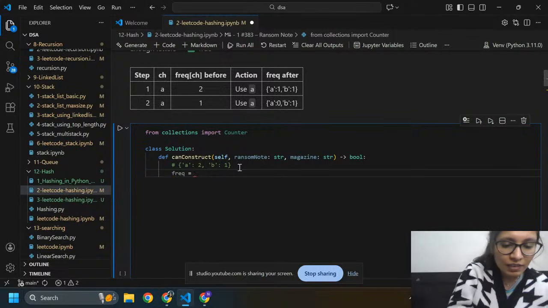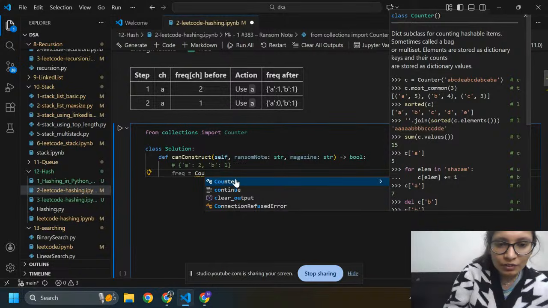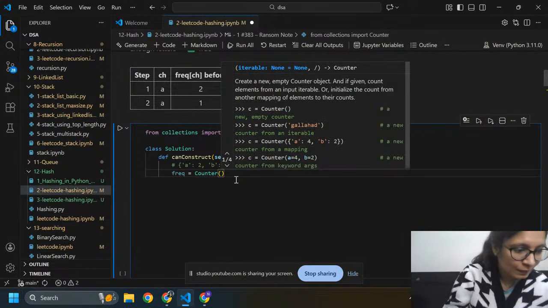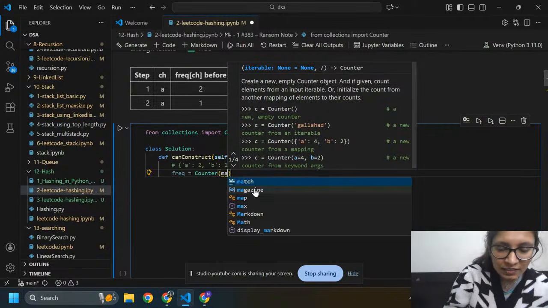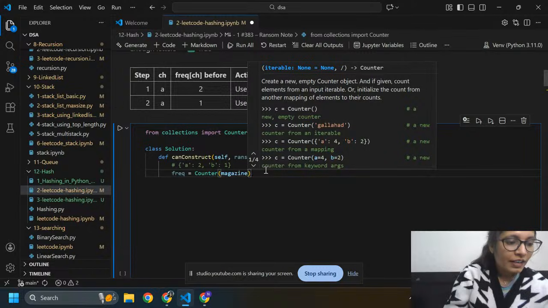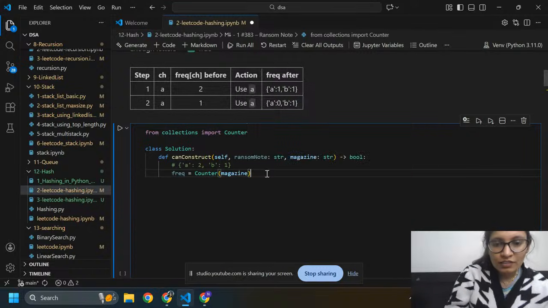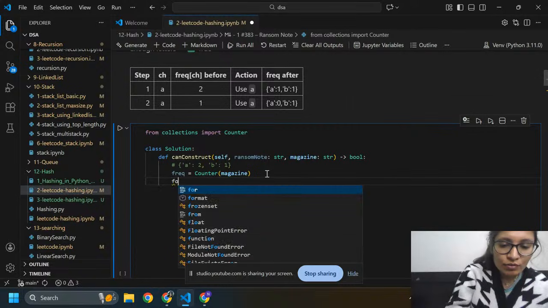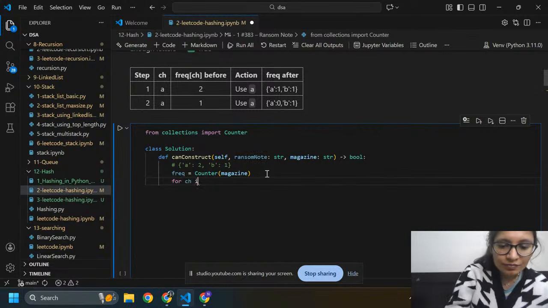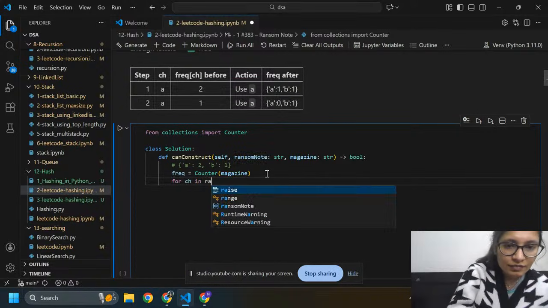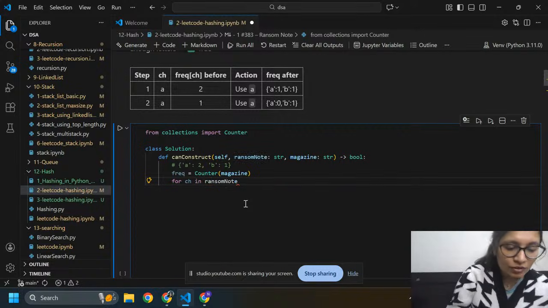I'm going to count the frequency using frequency as the variable, and here I'm going to use Counter, so it will count the letters in magazine. Then I'm going to use a loop, for ch in ransom note.